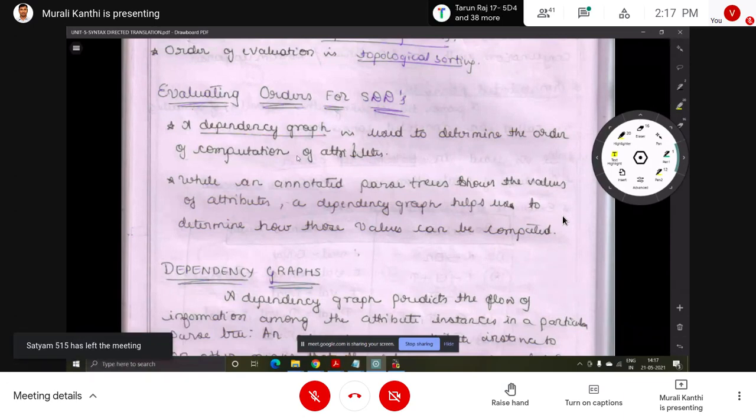With the help of that dependency graph, we can determine which attribute is to be computed first, which is next, and so on. To give the order, this dependency graph is useful.